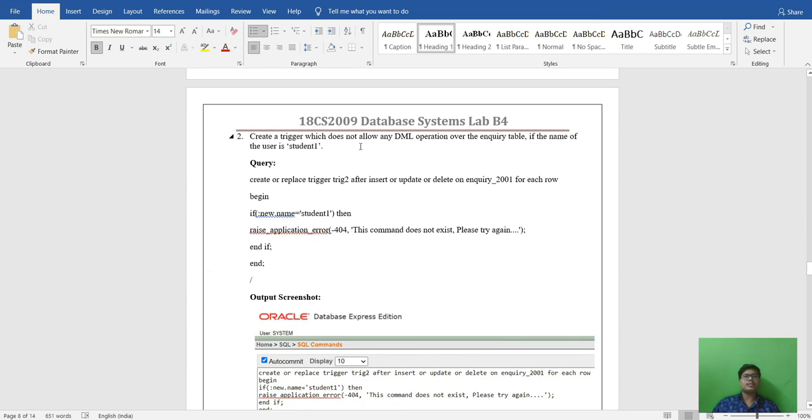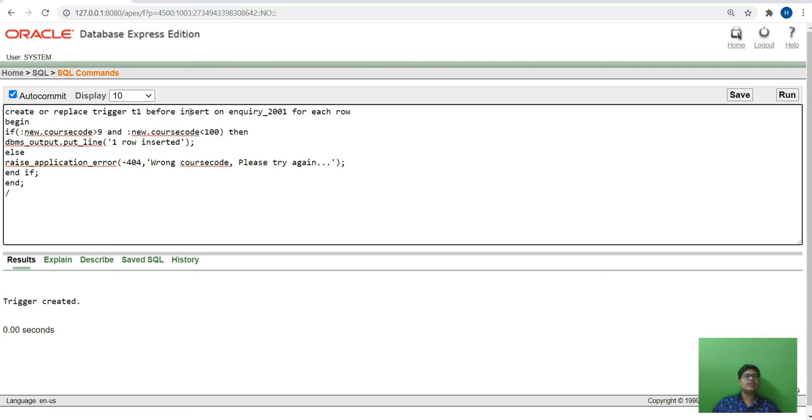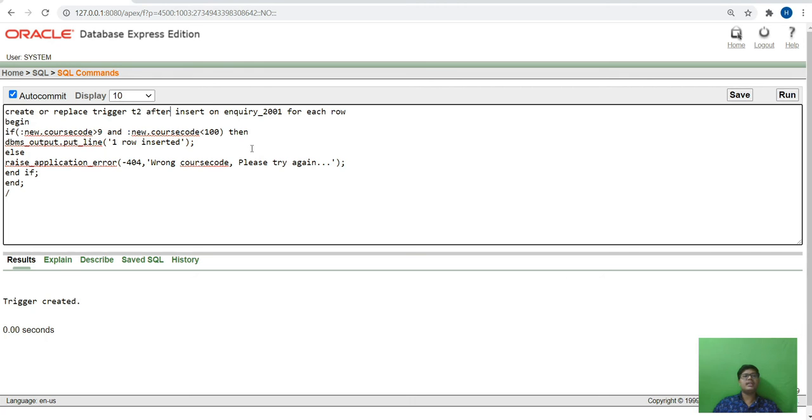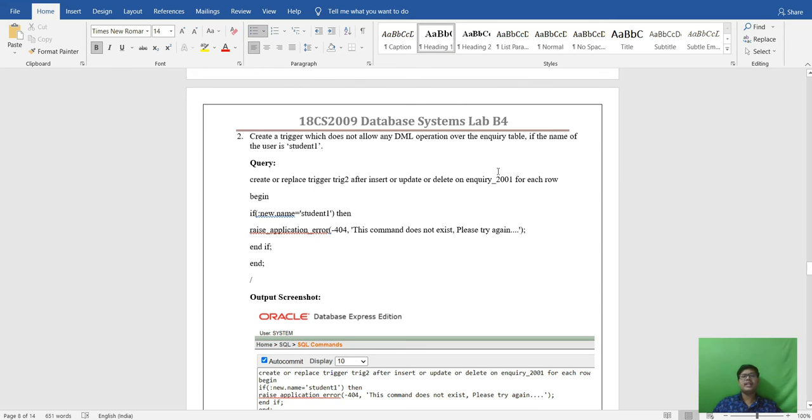Moving to the next question, that is create a trigger which does not allow any DML, means insert, update, delete operations over the enquiry table if the name of the user is student one. Okay, so here everything is the same. We will change before to after insert or update or delete on enquiry table.